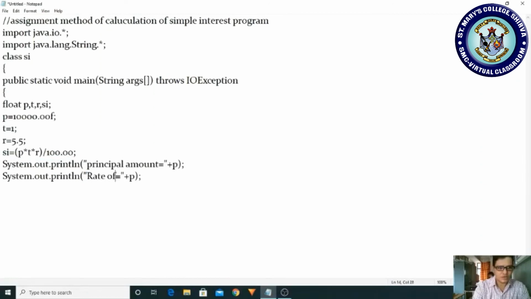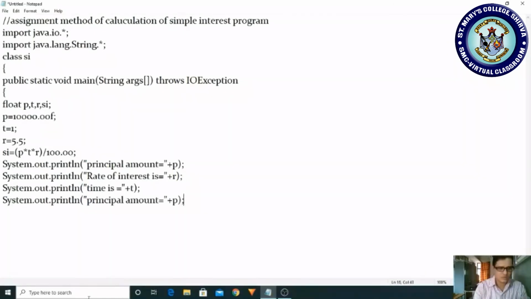I type rate of interest is, and once again I paste here. Then time is, which we have given in t. And next I place simple interest is, where the result exists. Simple interest is here, I type as SI. Afterwards we have to close the open curly brace, close the main method and close the class.